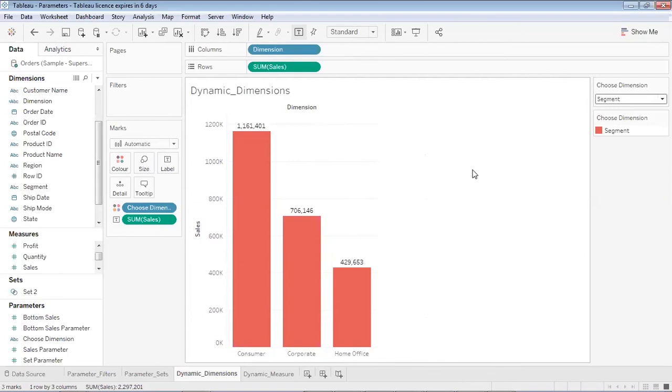So in this way, using parameters along with calculated fields, we have been able to change the visualization using these dimensions as filter options. This is quite fascinating. If you add such visualizations in your dashboard, it will stand out from the crowd. It is one of the best types of filters people use. Very few people use this because many of them don't know how to create a dynamic dimension filter, but now you know it.